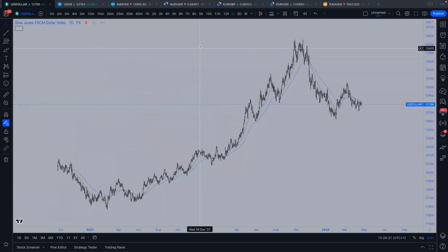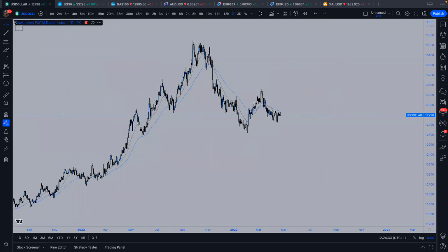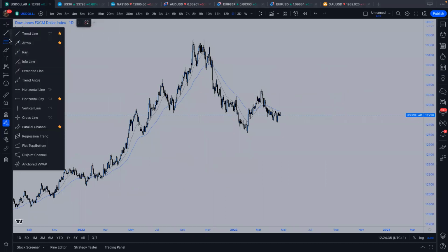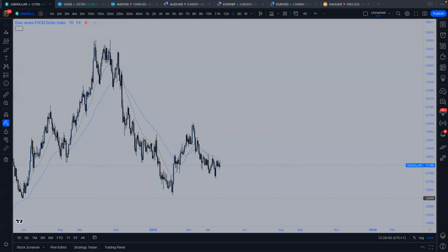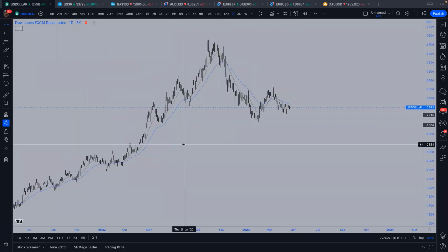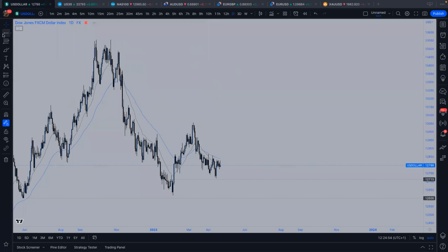So first of all, dollar, we can see we are bearish, still potentially waiting for this low to get run. Haven't run it yet. Doesn't mean we are potentially going to run it, but I do want to see a move back down at least into 12,700 before potentially doing anything else. We did shift somewhat